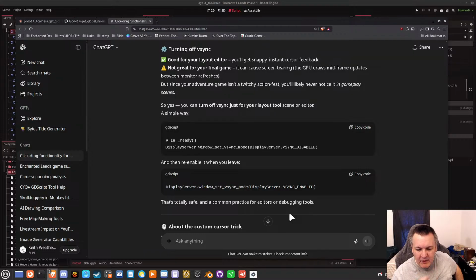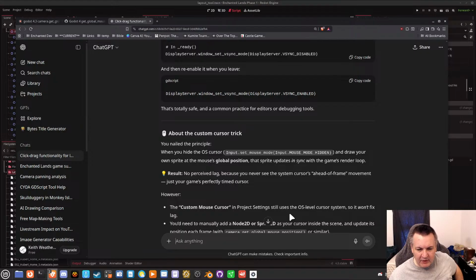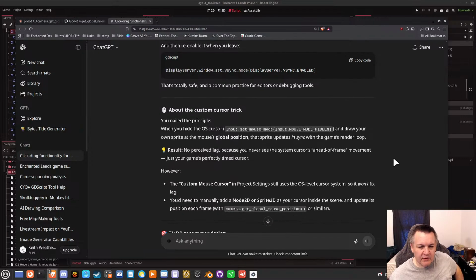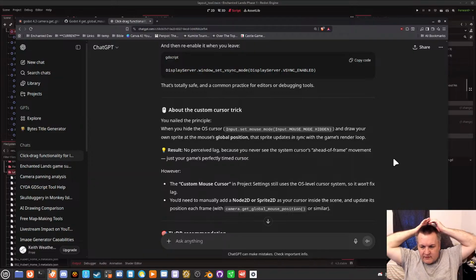Totally safe and common practice for editors or debugging tools. Yeah, I can just do the custom cursor trick. You nailed the principle. You hide the OS cursor and draw your own sprite at the mouse's global position. That position updates in sync with the game's render loop. Result, no perceived lag because you'll never see the system's cursor ahead of frame movement, just your game's perfectly timed